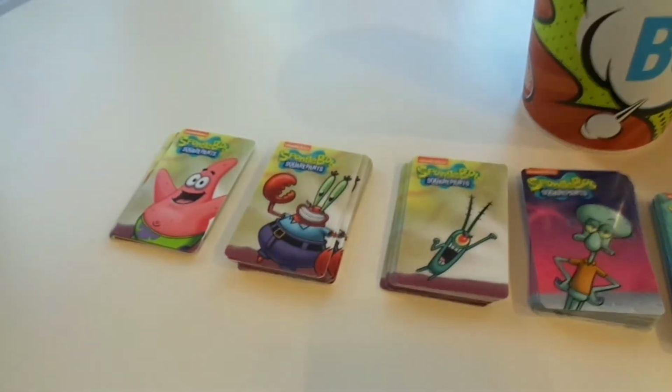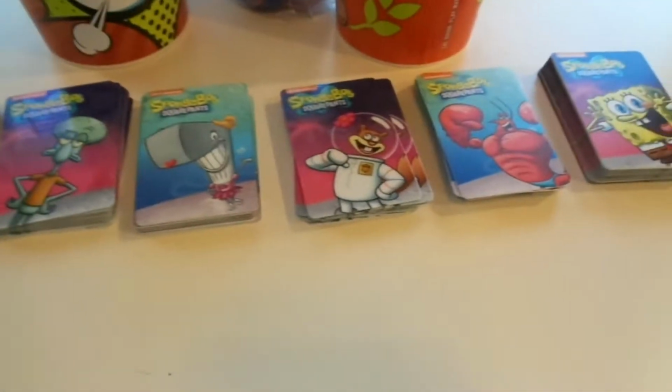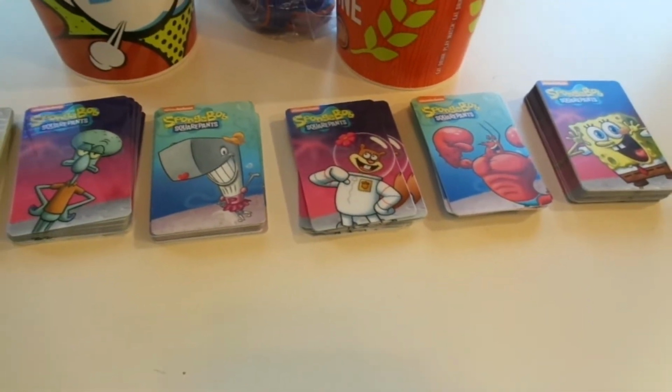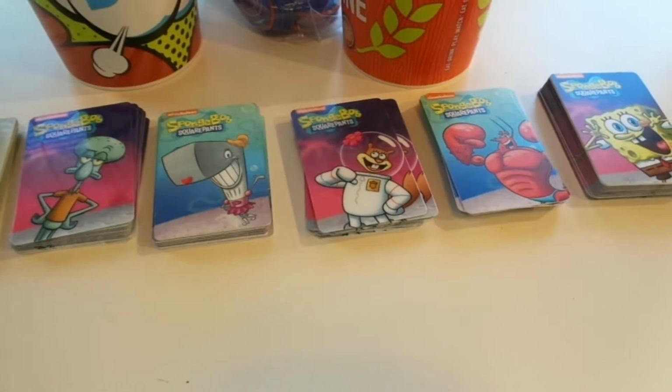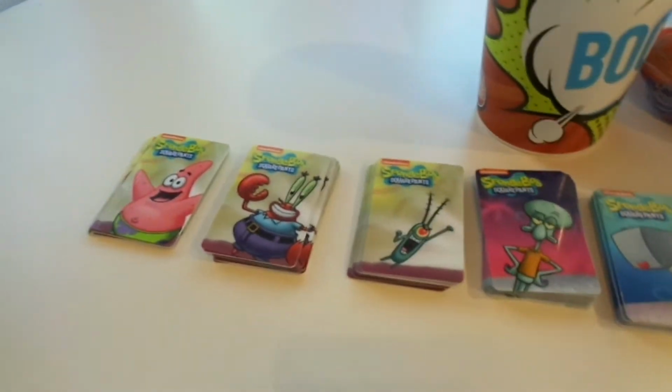So I've never cashed any of them in, maybe one set or two. But I am going to start cashing in the SpongeBob cards too. I decided I wanted another iPad. I really love the iPad I got so far, so I want to get my husband one too. So I'm going to start cashing in all the cards I was hoarding so we can get another iPad. So anyway,